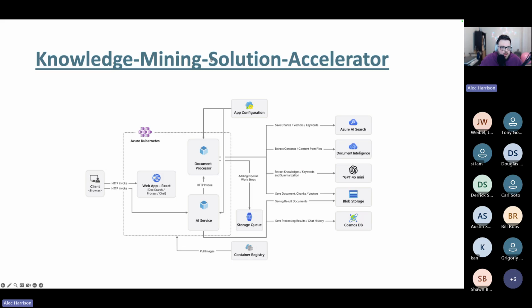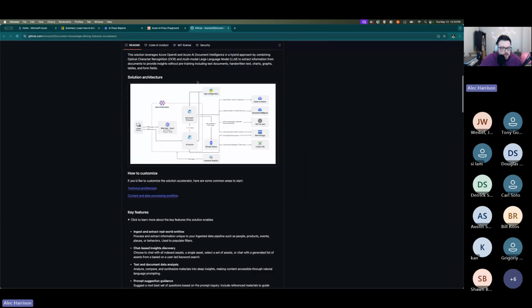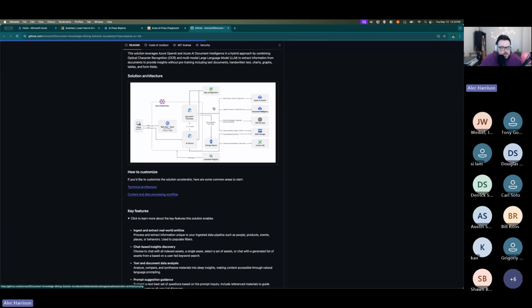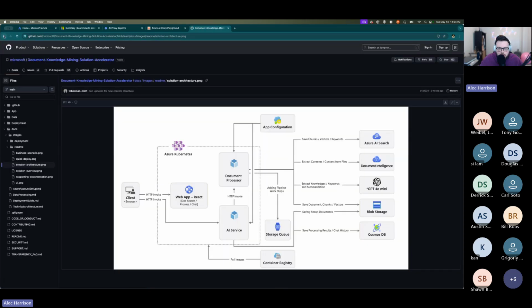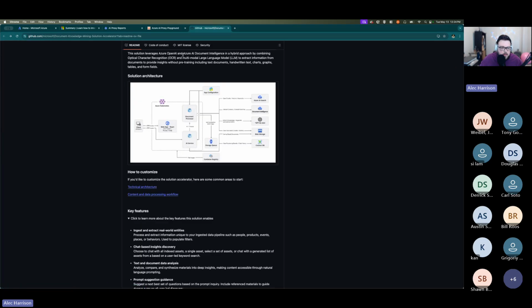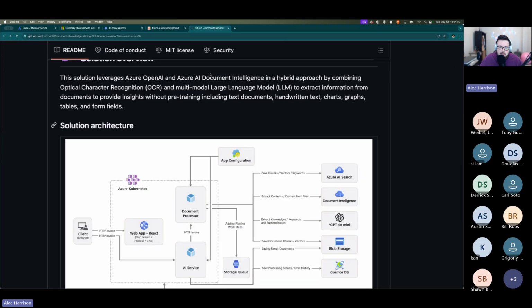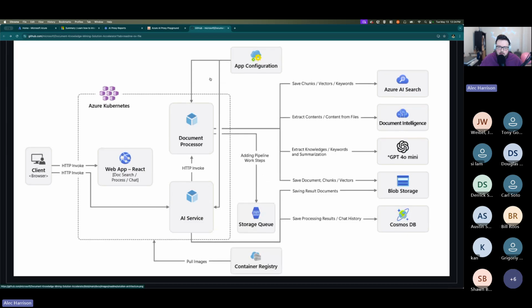So this one is the knowledge mining solution accelerator. This seems fairly similar to the chat with your data a little bit. It just uses Cosmos to back your chat history, which is, I'm going to be honest, kind of an expensive way to do that, if we're being totally honest. For chat history, I typically do a blob table if I'm trying to do it for audit stuff in the future, like just trying to look after the fact, but Cosmos can be a pretty expensive way to do that if you want to.